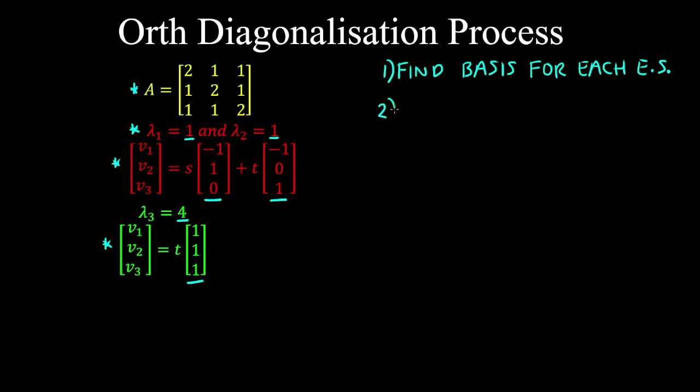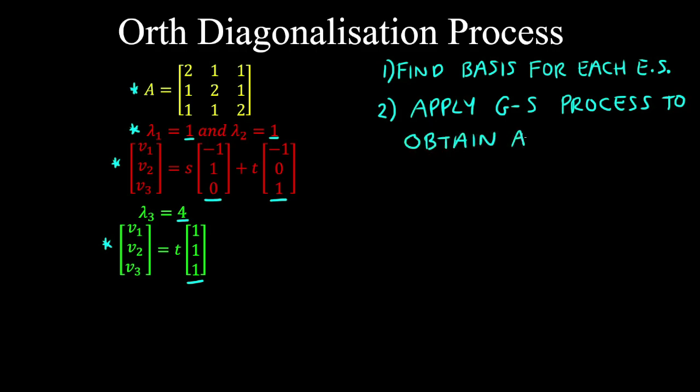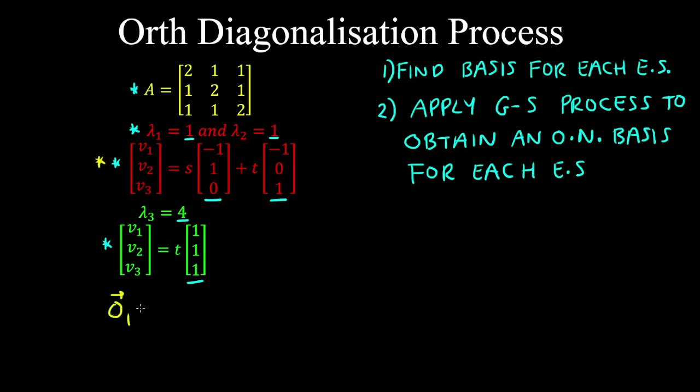So the next step is to apply the Gram-Schmidt process to each of these different bases to obtain an orthonormal basis for each separate eigenspace. So starting with this eigenspace, we set the first orthogonal vector to be equal to the first basis vector,